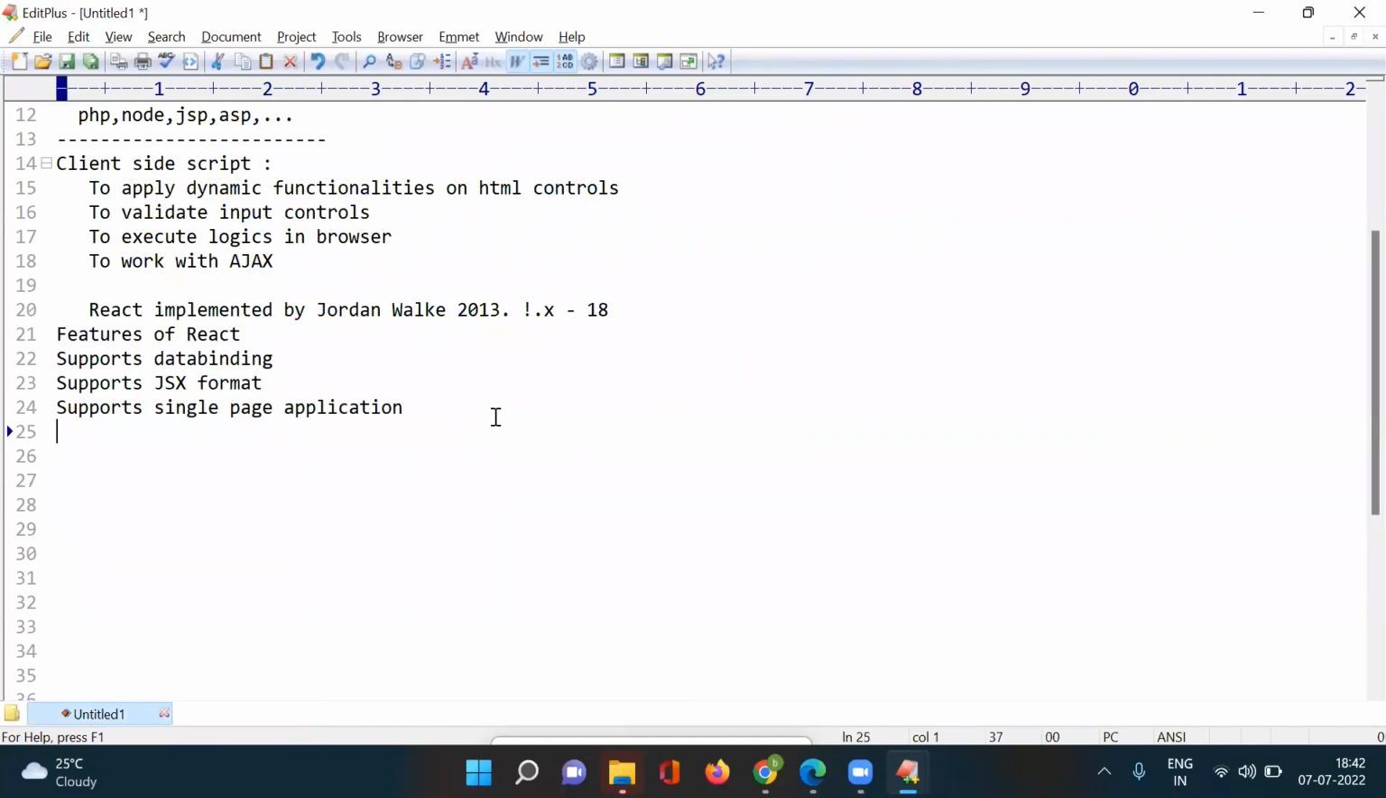And next one here, it supports many validations. Predefined validations are available to validate the HTML controls and everything. Now, here it supports React